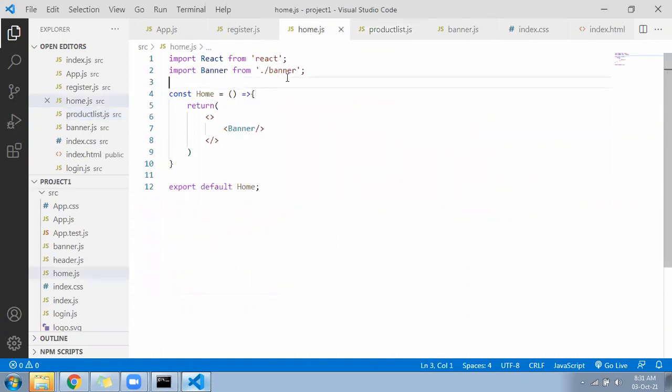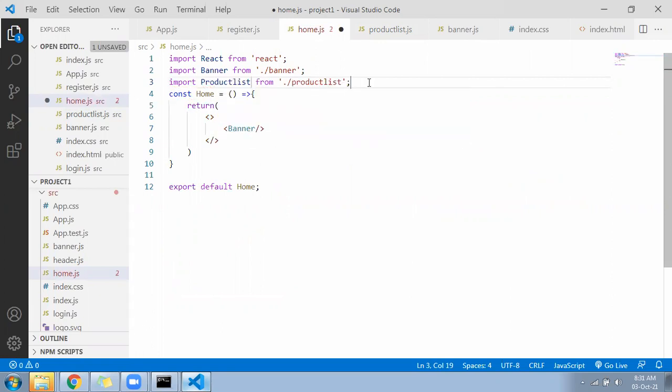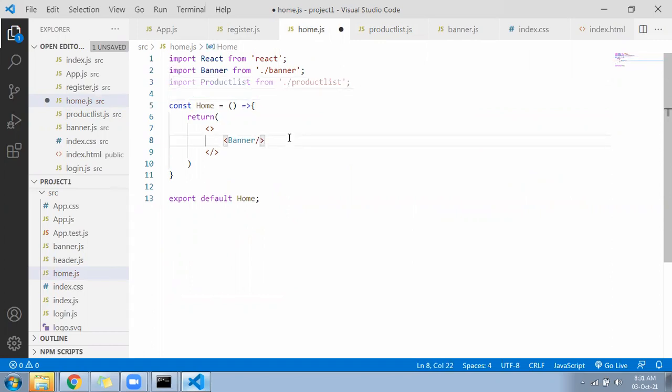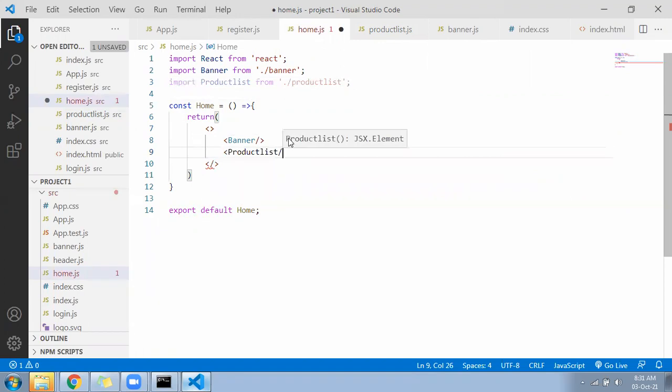In the home component, import ProductList from ProductList.js, and after the banner add the ProductList component. And check once, is it coming on the home page?